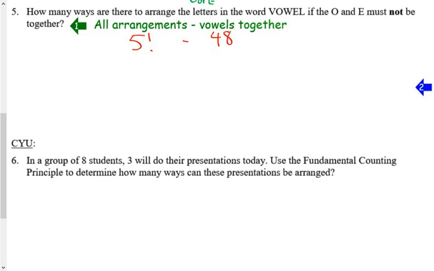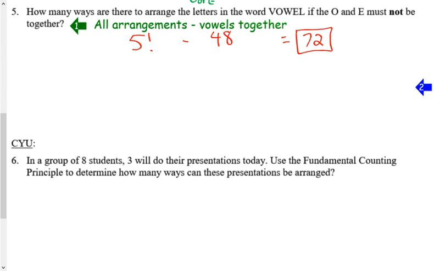Five factorial is 120 minus 48. 72 arrangements don't have the vowels together. So this works if we have a word like vowels where we have 2 vowels. Where this wouldn't work, and we won't get into an example like this, would be if I had a word